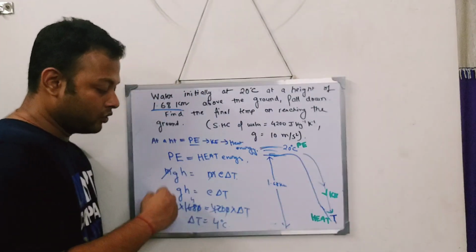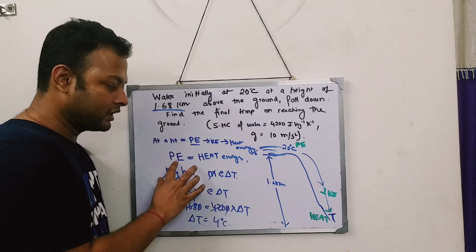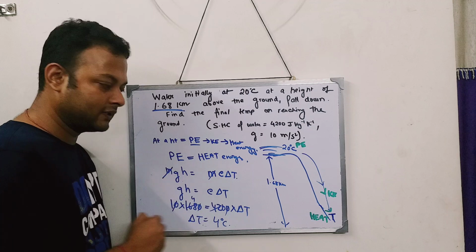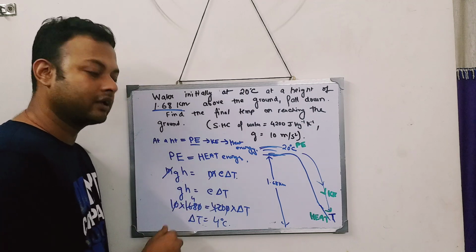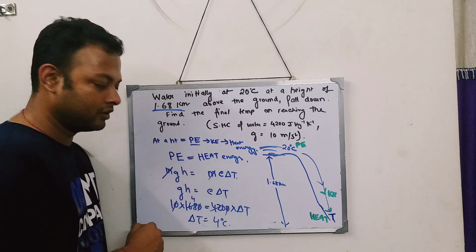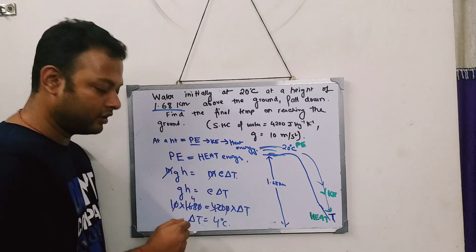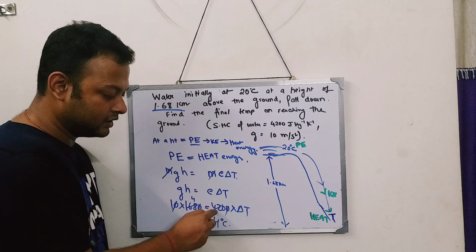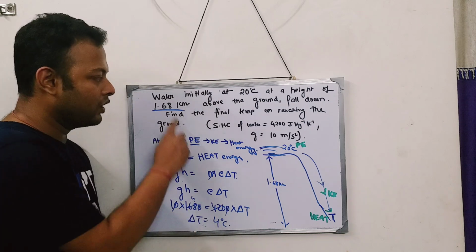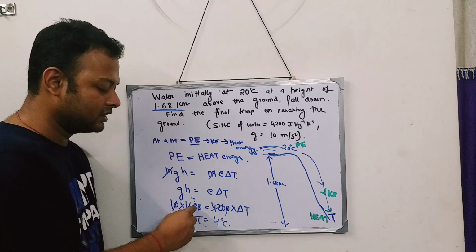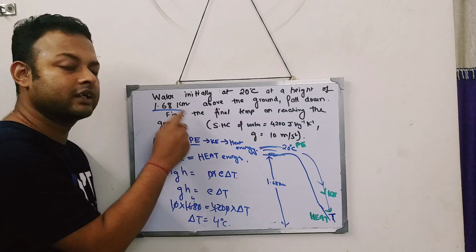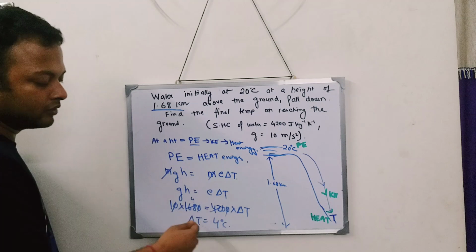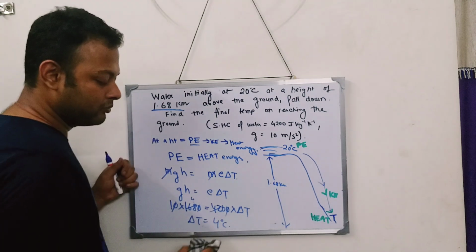So I think you understood. Potential energy changes into heat energy. Potential energy formula is mgh. Heat energy formula is mc delta T. M and M get cancelled. So GH is equal to C delta T. So put the values of G, H, C and delta T. I think you know 168 kilometer in meter is 1680 meter. Just multiply 168 kilometer by 1000. So it comes like this. When you solve the whole thing, delta T comes out as 4.